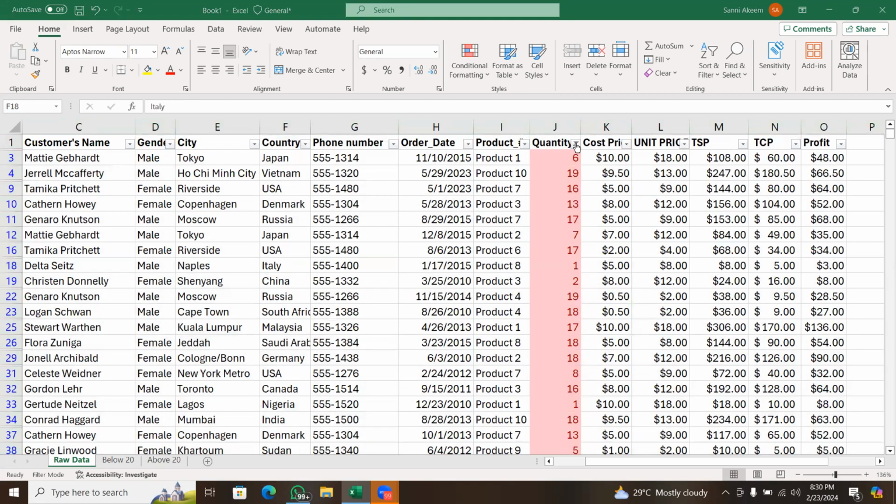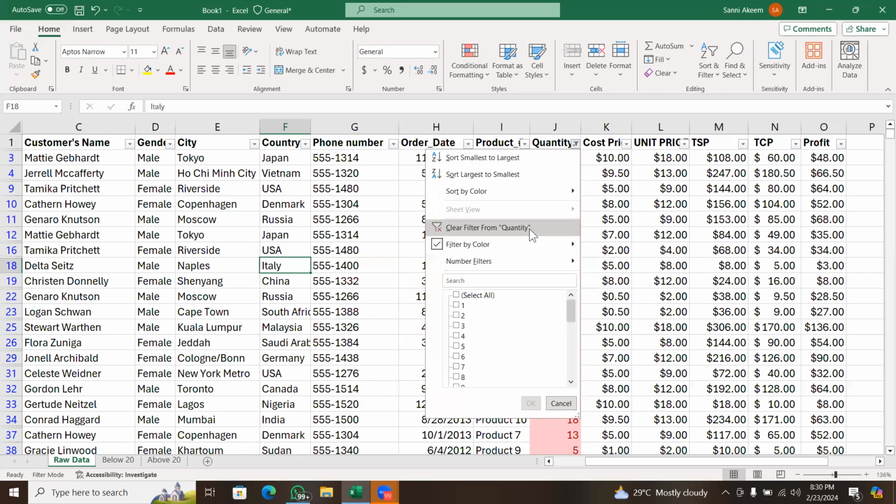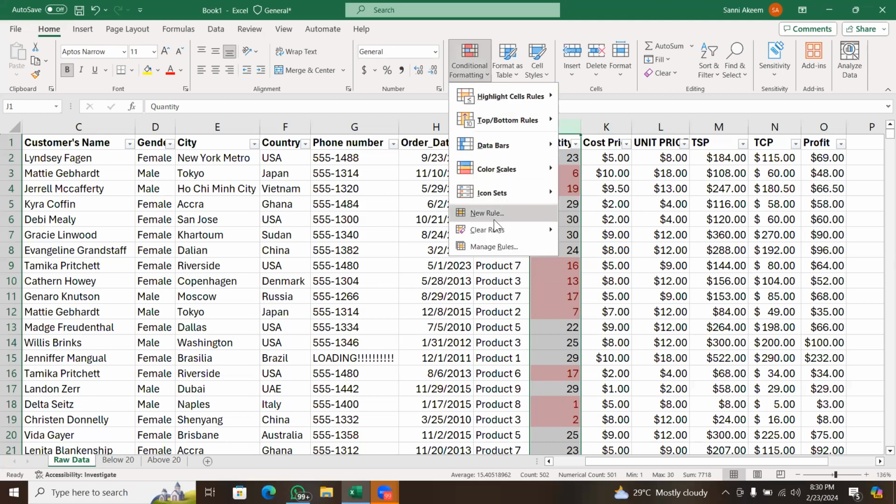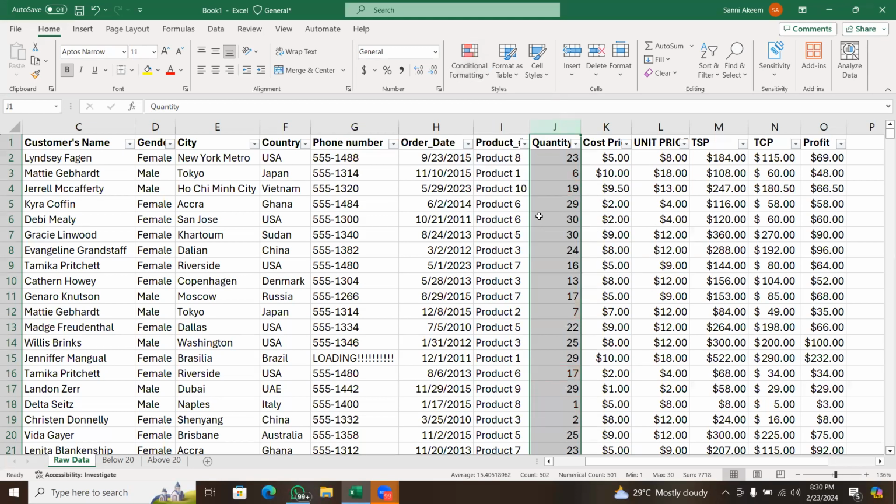So all I can do right here is click on this filter on my raw data again. If I click on this filter, I can clear the filter from the quantity. So I clear the filter from the quantity, then highlight the column again. After clearing the filter, I'll come to conditional formatting, then I will clear rule from the selected cell. Clear the rule from the selected cell, right? Then after that,